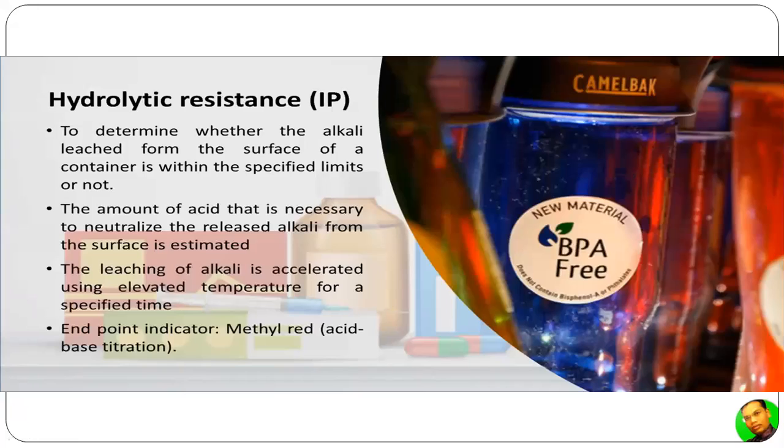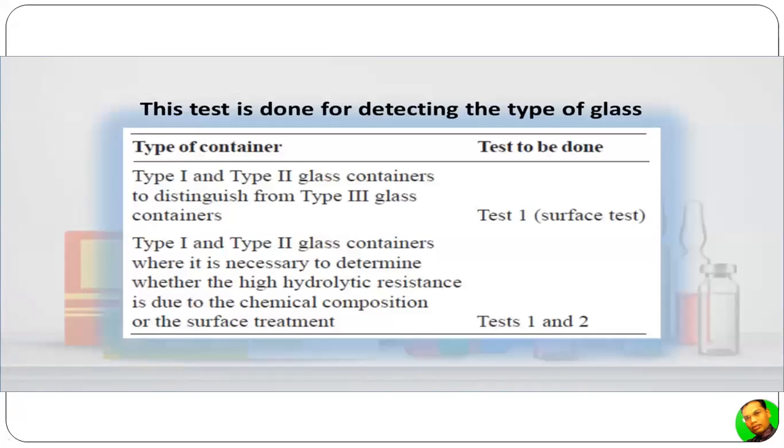So the endpoint indicator is methyl red, which is used to perform the acid base titration. This test is done in order to detect the type of glass, so what type of container is there and what kind of test is to be done. Type 1 and type 2 glass containers, in order to distinguish from type 3 glass container,